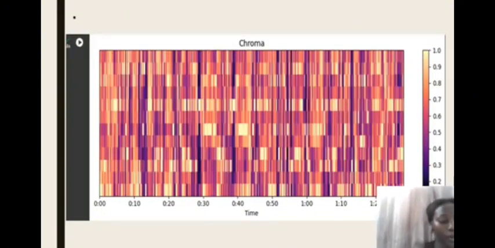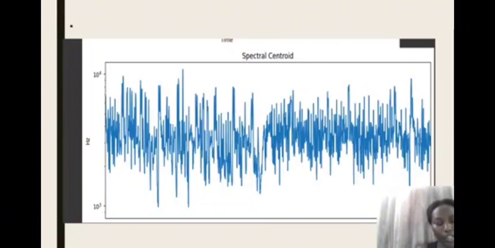So the chroma feature provides us with the pitch content of the audio signal. So it would provide us with more information about the tonality and the harmonic structure of an audio. Yes. And basically just the tone and the harmonic. So it will give us more information about how the song is transforming from harmonic to non-harmonic. Yes. When we go to the spectral centroid, this one is showing us the central mass, and it's giving us more information about the brightness and the treble quality of an